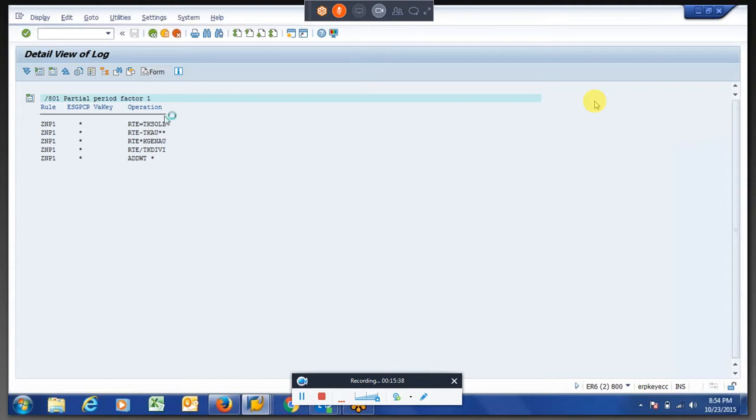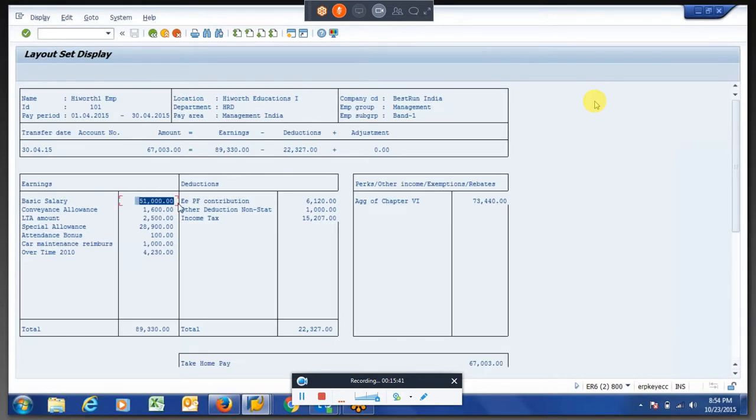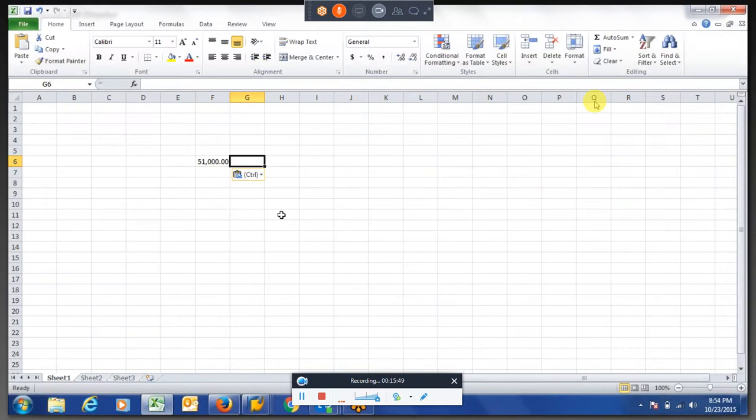If you see, he has a salary of 51,000. Let us say an example of basic salary. We are going to reduce 3 days' salary for this employee. So per day he will get 1700. If you multiply with these 3 days, 5,100 we have to reduce. So we'll see the calculation. Somewhere around it should come to 45,900.